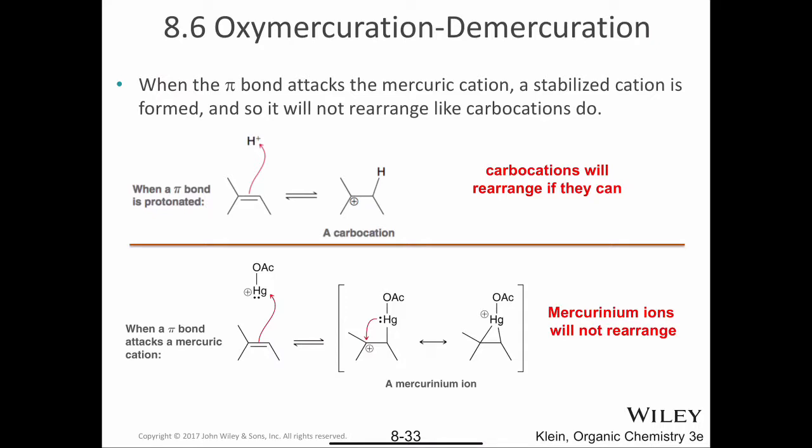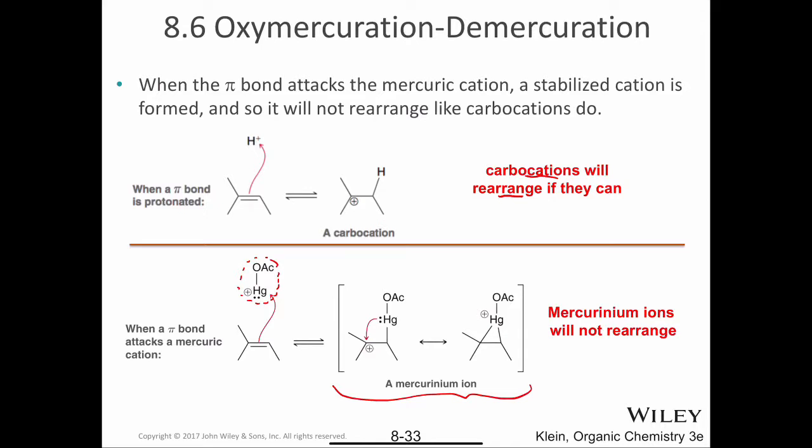So if we compare the two, when a pi bond is protonated, I end up with a carbocation, and carbocations can rearrange. It says here that when a pi bond attacks the mercuric cation, and this species here is the mercuric cation, I end up with a mercurinium ion. The mercurinium ion is more